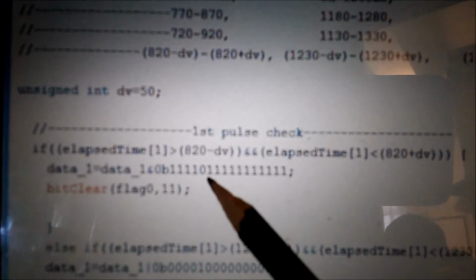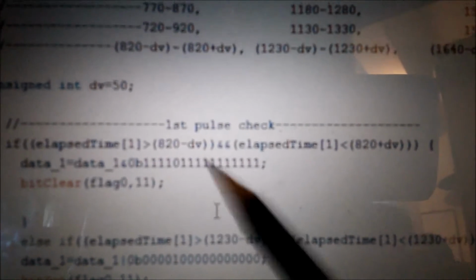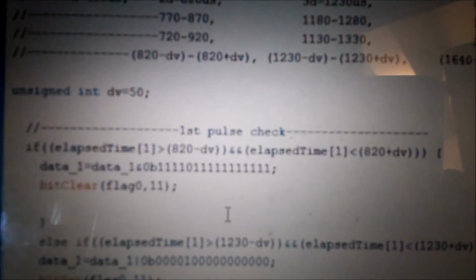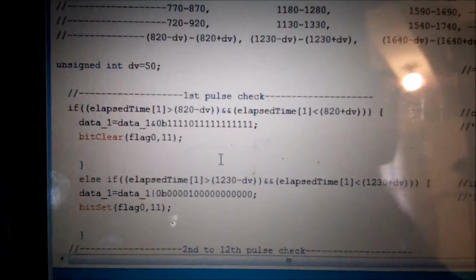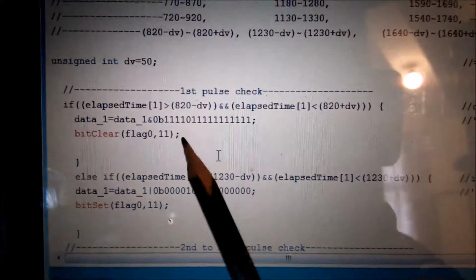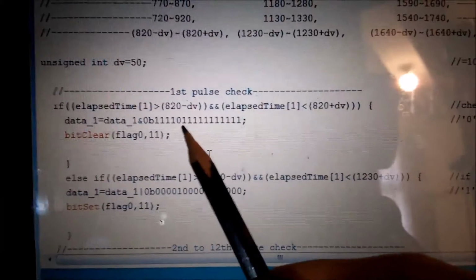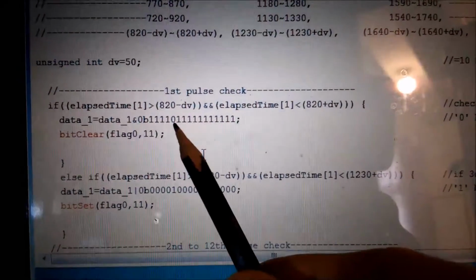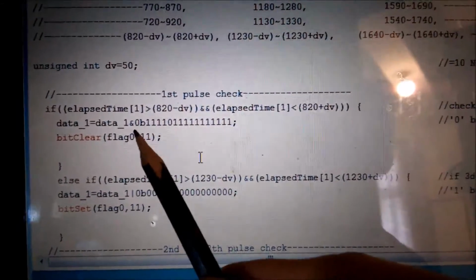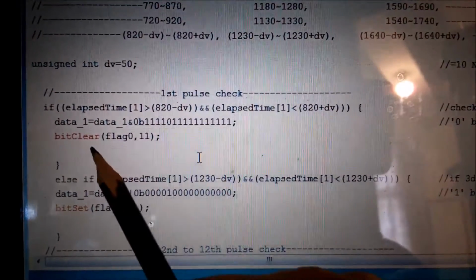If this is correct, then this is 0 bit, and then I turn the data into 0, and these 4 bits are of no use. I only use the rest of 12 bits. So the first bit I receive, I return it to 0 and use the AND function, and then bit